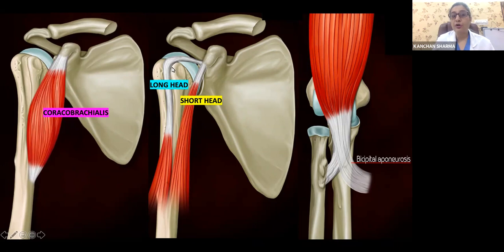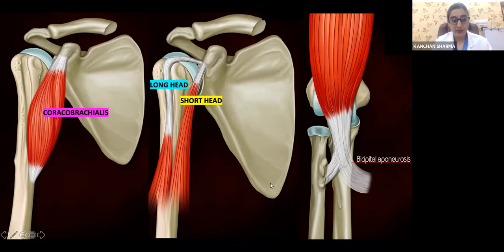The biceps has got two heads. The long head arises from your supraglenoid tubercle, which is present on the top of your glenoid. Then you have a short head, which arises as a conjoined tendon along with your coracobrachialis from the coracoid process. So this short head is separate, and this long head is separate, both of them. Then they combine to form a tendon, which will insert on the posterior aspect of the